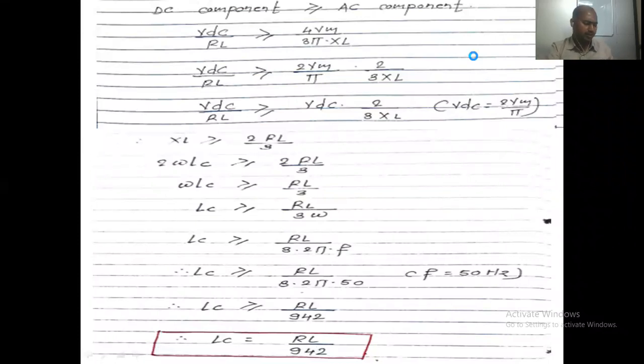Roll number 1. Present. 2. Present. 3. Present. 4. Present. 5. Present. 6. Yes, sir. 7. Present, sir. 8. Present. 9. Present, sir. 10. Present, sir.